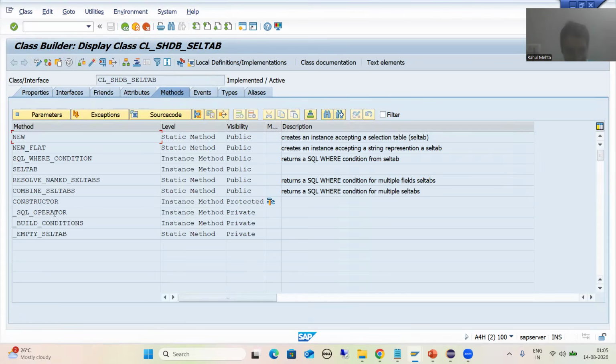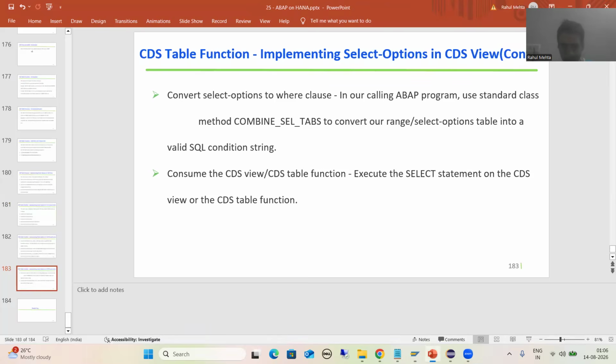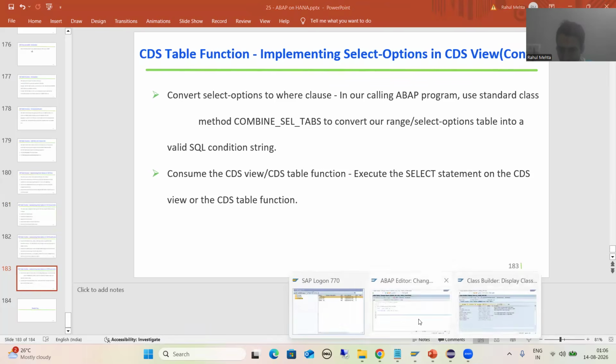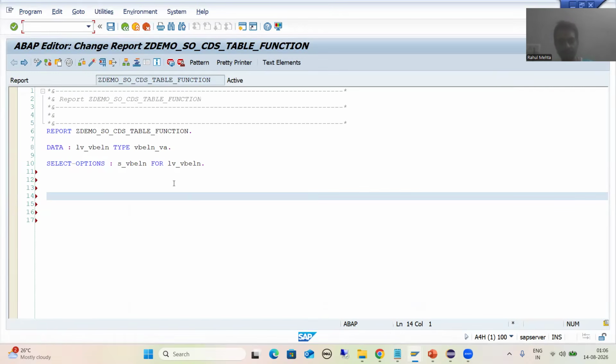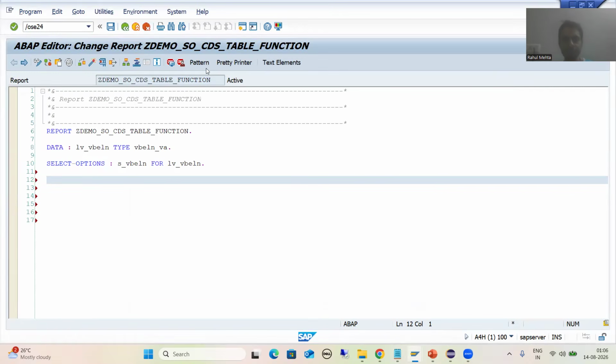Now we have a method, yes, combine underscore sel tabs. I'll simply call this method, then we will pass the type of those parameters. It's a static method. It means we can simply call through class. There's no need for the object. I'll go to pattern button,